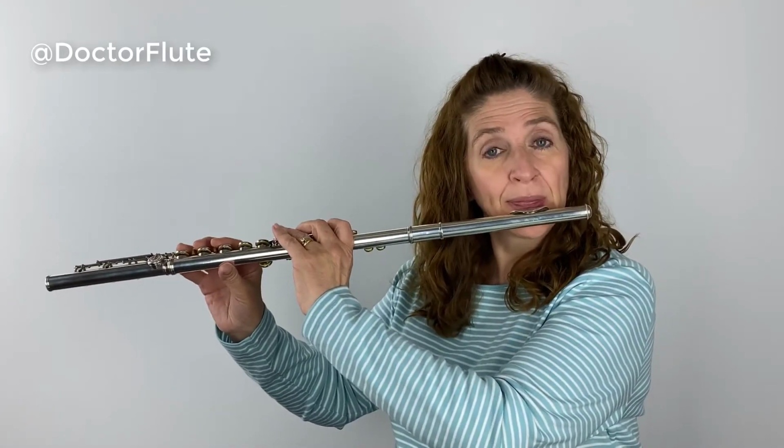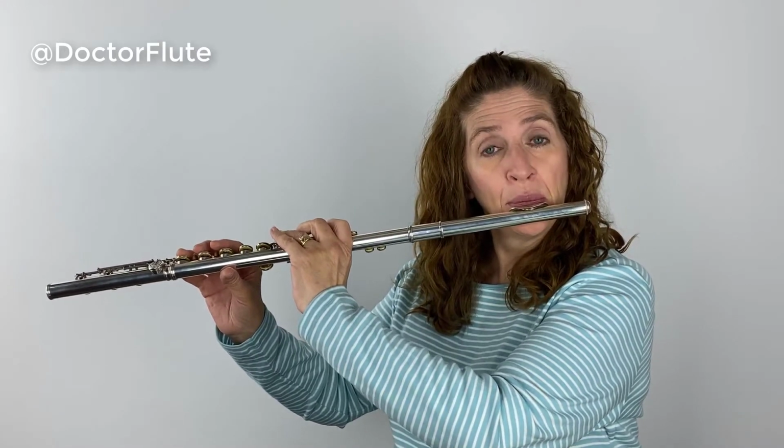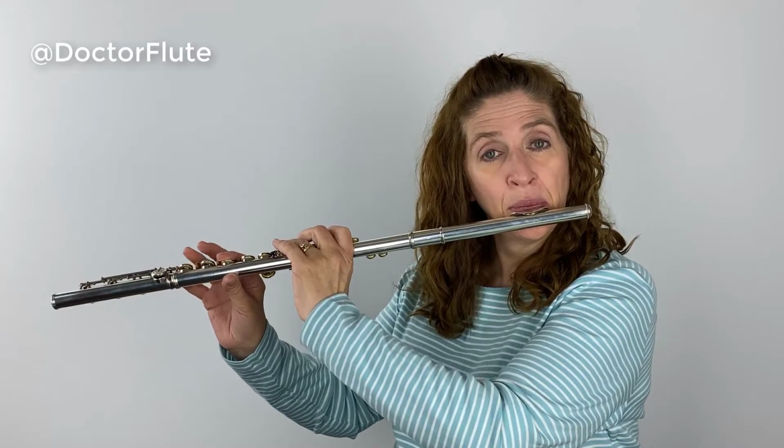But tone color is the changes of your sound based on the vowel shape of your mouth, based on your loose embouchure, based on the angle of the air. It all changes your sound. If I play with my head up and really long, that's kind of the sound I want when I want a woody sound. That's a tone color. If I play